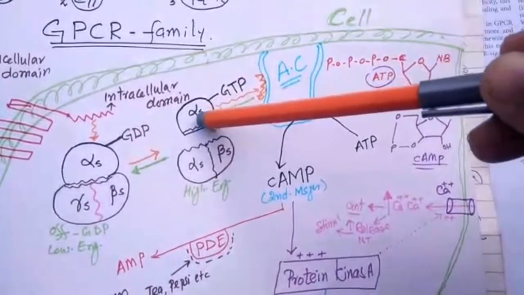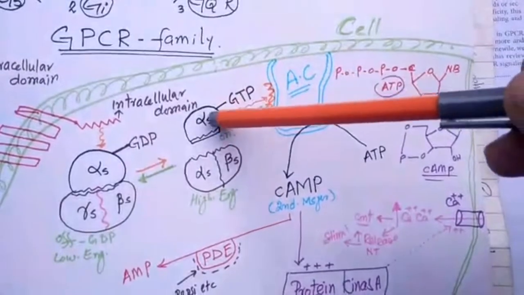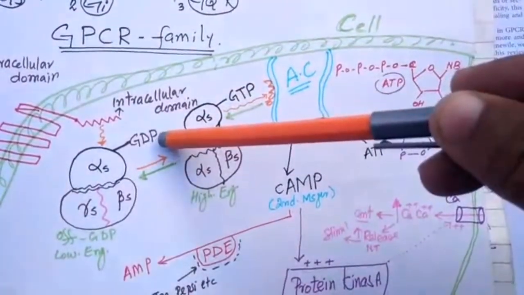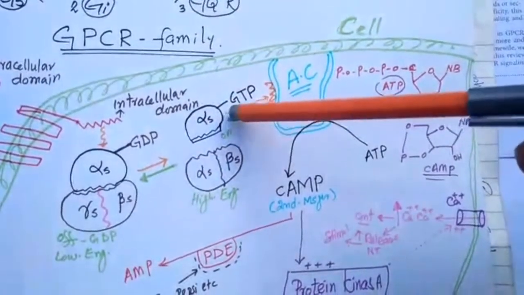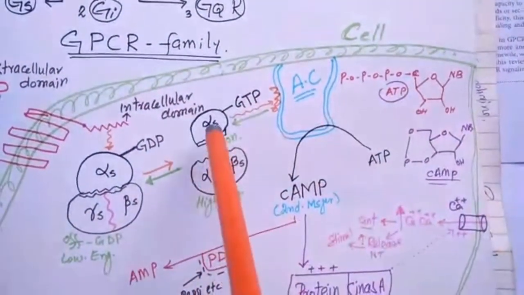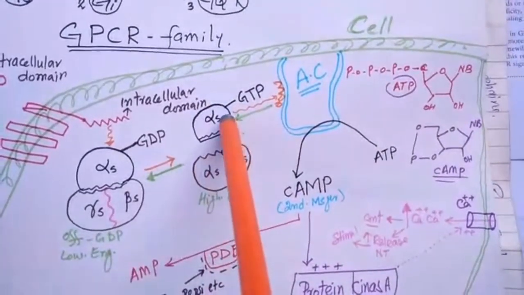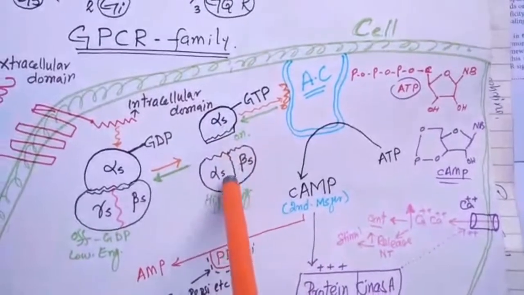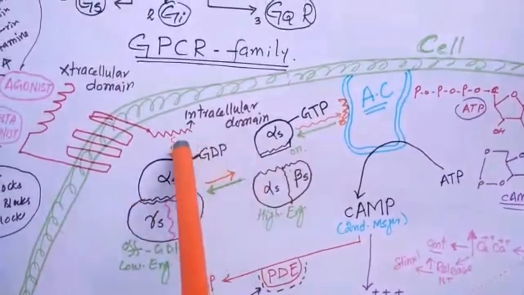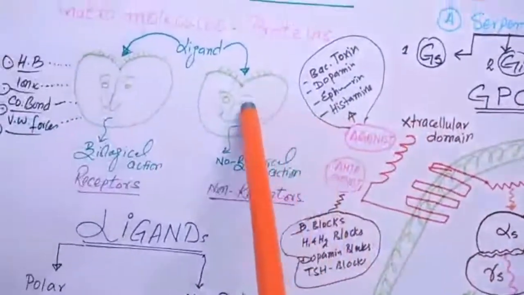Once alpha S phosphorylates this AC, alpha S becomes GDP again. Then its conformation changes in such a way that it binds again with this dimer and forms the trimer, and this happens again and again. That's why they are known as